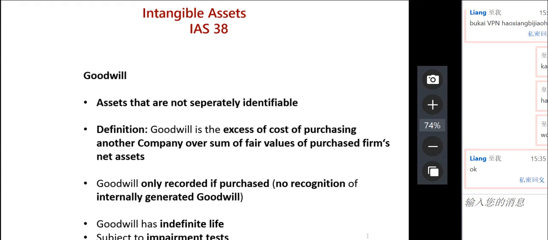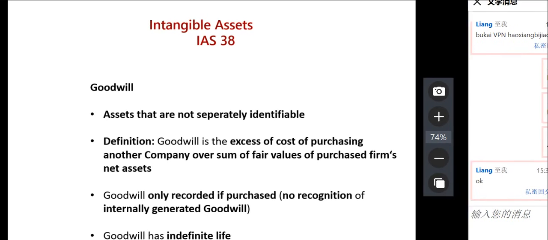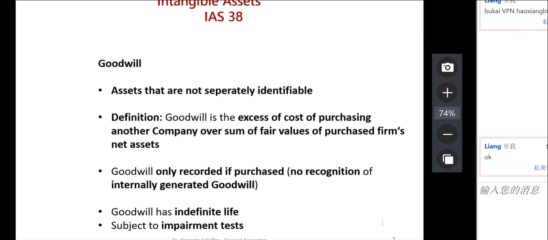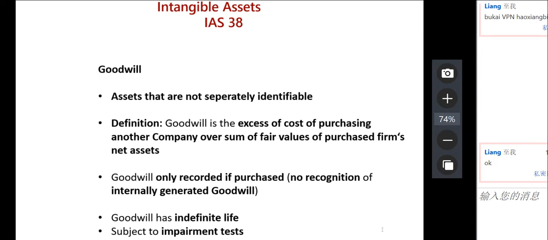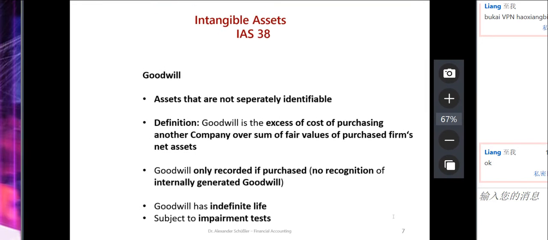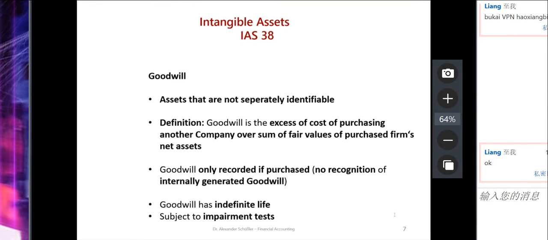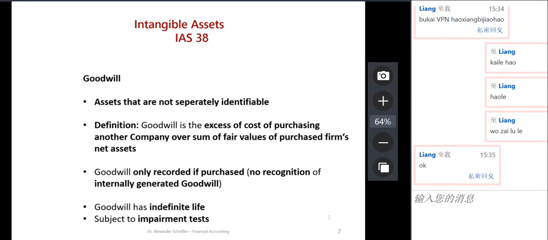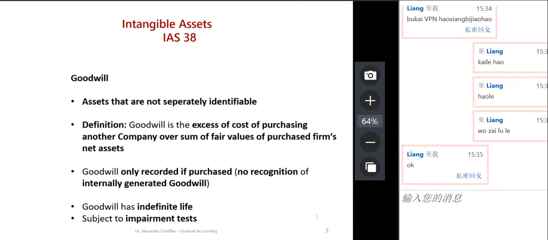What is the purchasing price? And then compares it to the net assets. Net assets means assets minus liability of the target company, of the acquired company. And the remainder, the difference, is goodwill. And goodwill is kind of like a firm value. It can have to do with a